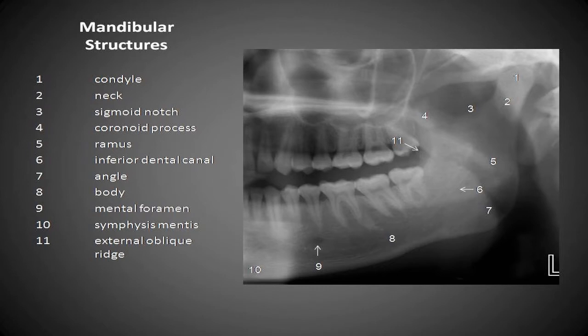So what are the structures that are critically seen in an orthopantomogram? The condyle, please correlate with the numbers, the neck of the condyle, and the sigmoid notch, the coronoid process. These four we assess mainly in two conditions. One is to understand degenerative disorders. If the patient has any degenerative disorders, we observe the structure of the condyle, the condylar neck, and the sigmoid notch, and also